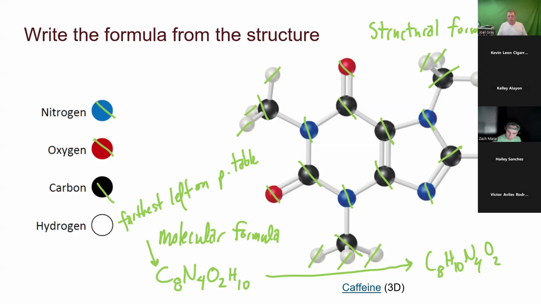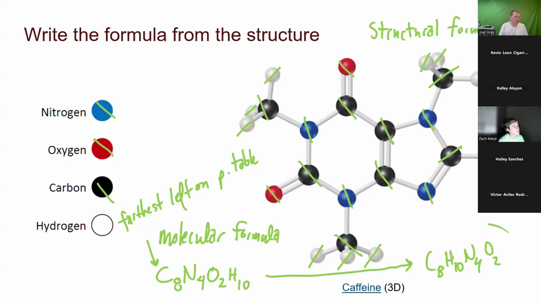Now, as you can see there, you're like, but wait a minute, I know the periodic table. Hydrogen's farthest to the left on the periodic table. And you'd be right. Hydrogen is kind of the unique exception. Hydrogen has all these rules that it just doesn't follow all of them. So typically we start with carbon and then